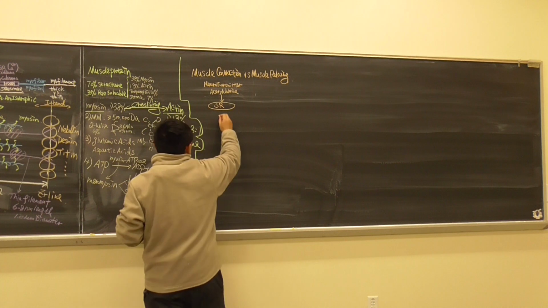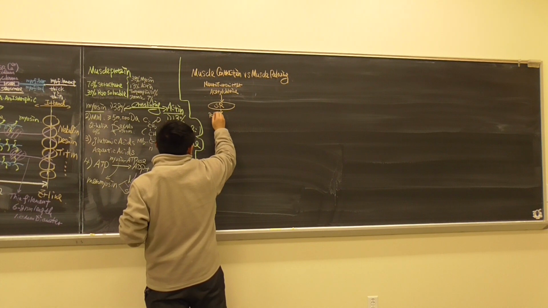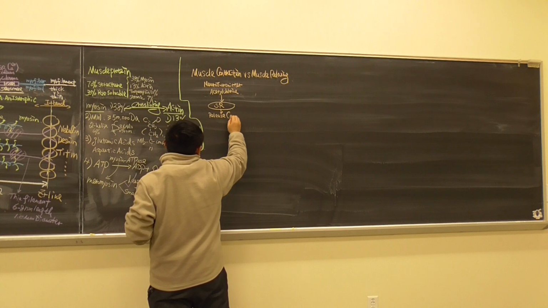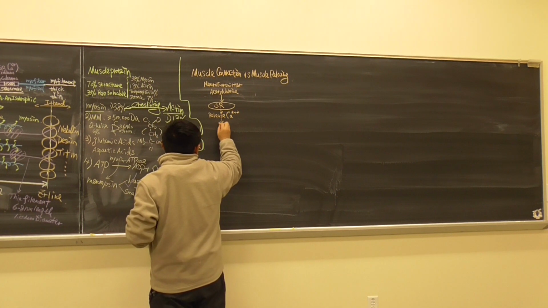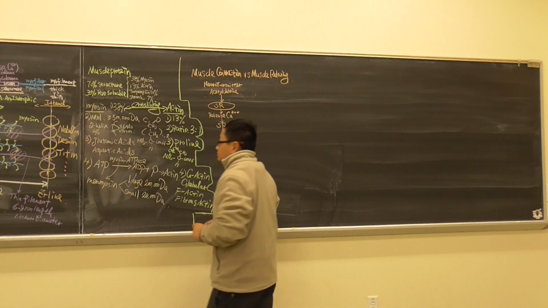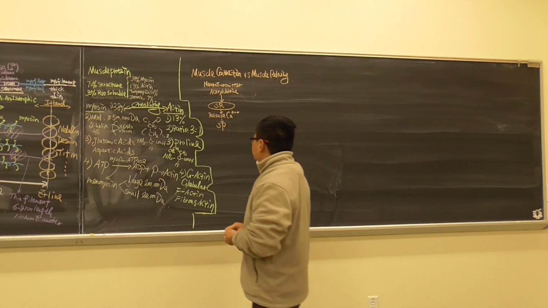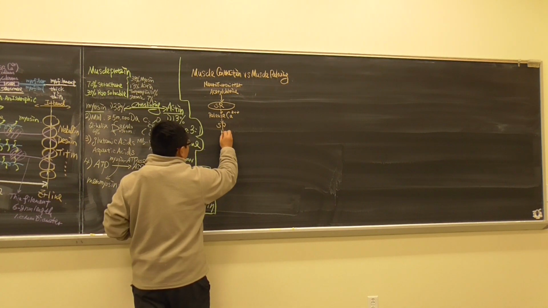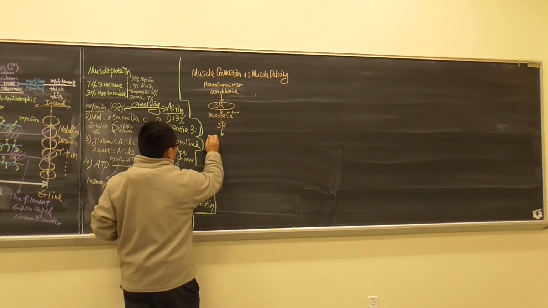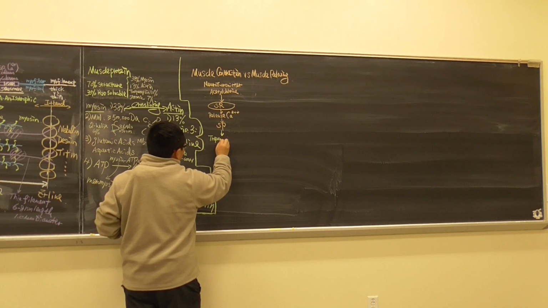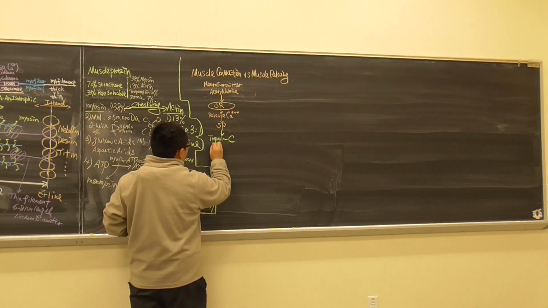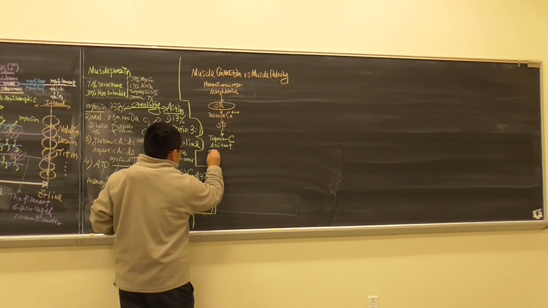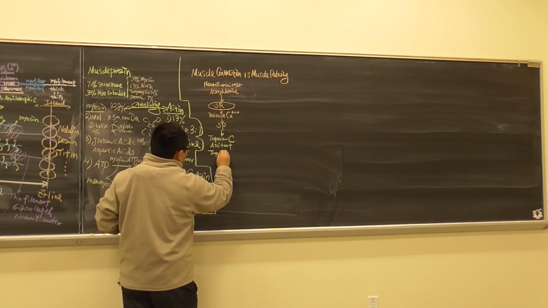Then the sarcoplasmic reticulum will release calcium dramatically into the sarcoplasm. At this moment, there is an assistant protein that comes in, which is called troponin C. The troponin C will assist tropomyosin